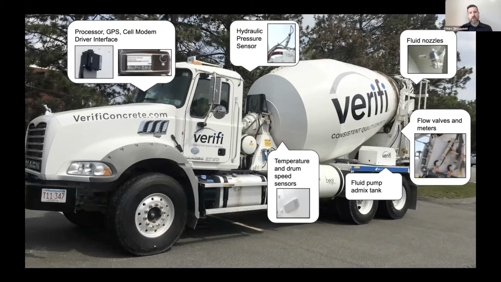So if we go back to this cake analogy, what we have built with this Verify system is a magic mobile cake making machine on wheels. You take your ingredients, you throw them in the truck, you download the recipe, and you start driving. With our sensors and a whole lot of math, we figure out what's going on with the concrete inside the truck. We tell the driver what to do. We automatically add water and other fluids if we need to. We use GPS to figure out how close we are to the delivery site. And so when you get there, you have a perfectly mixed batch of concrete that's all ready to go,